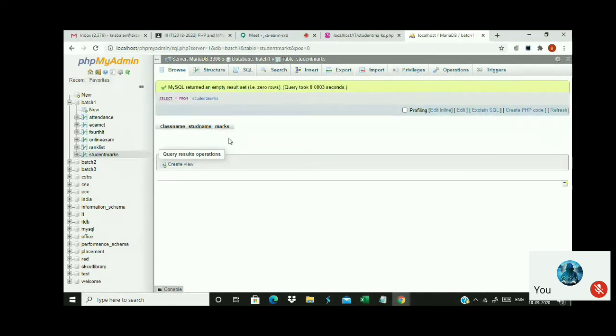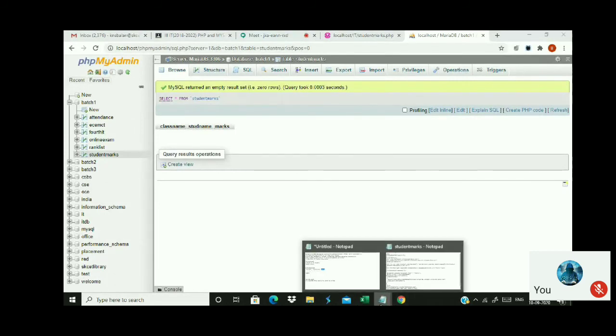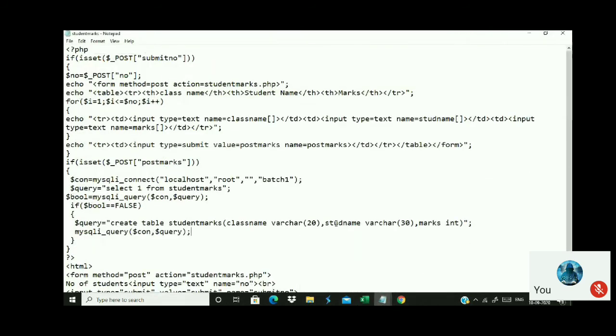Now we have to push all the data inside this table. That is the only part left over. So how to do that? Here comes the problem, so extreme care is required to solve this. Listen carefully. So far we have collected the data in a text box. But this is not going to be a text box. This is called a text box array.